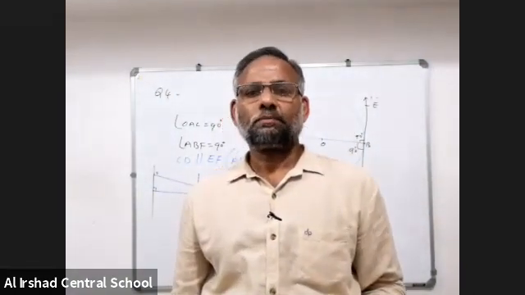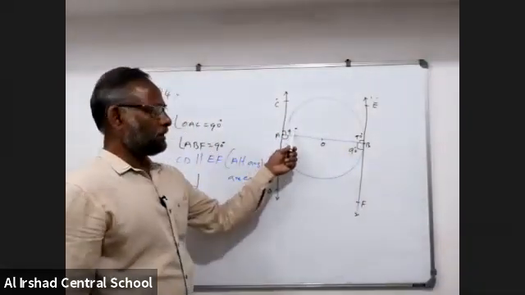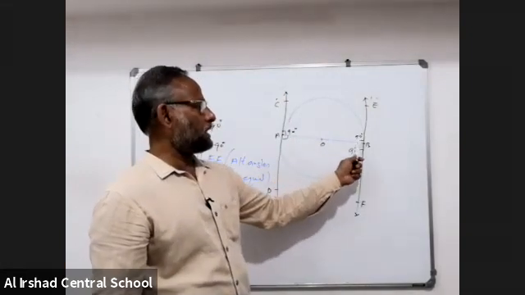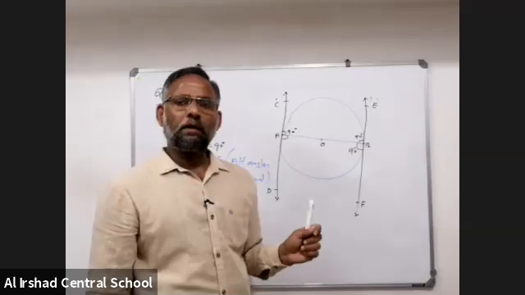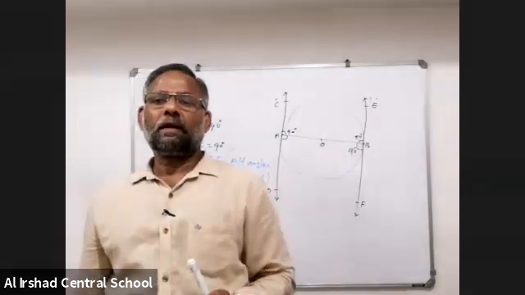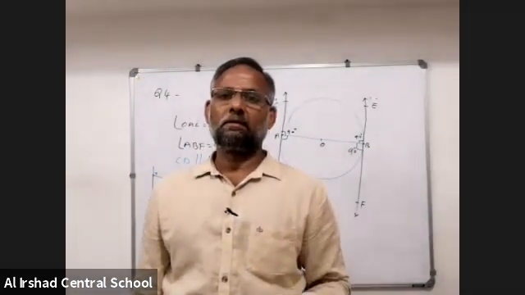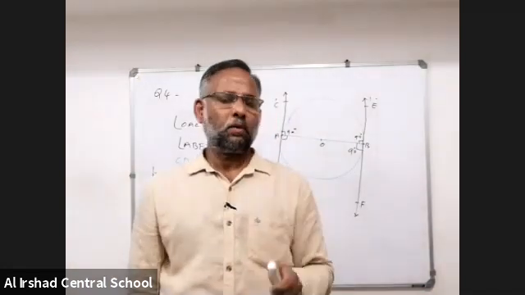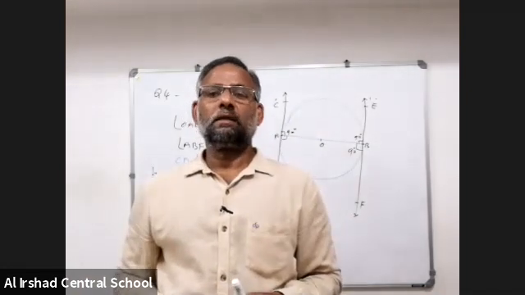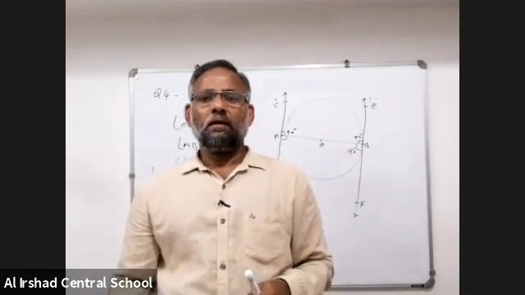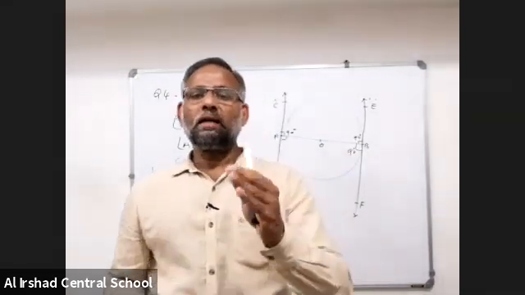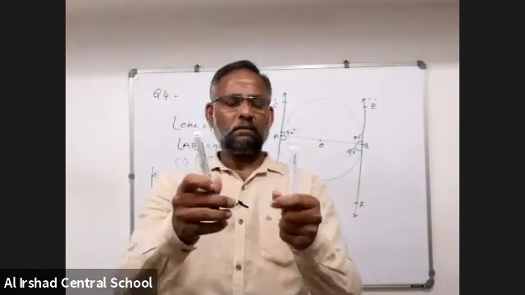I think you understood. If you are not comfortable with alternate angles, we can say here co-interior angles 90 plus 90, 180 degree. Co-interior angles are supplementary. We studied that if a transversal intersects two parallel lines, co-interior angles add up to 180 degree, alternate angles are equal, corresponding angles are equal. Then after that, if corresponding angles are equal, two lines are parallel. If alternate angles are equal, when two lines are there,